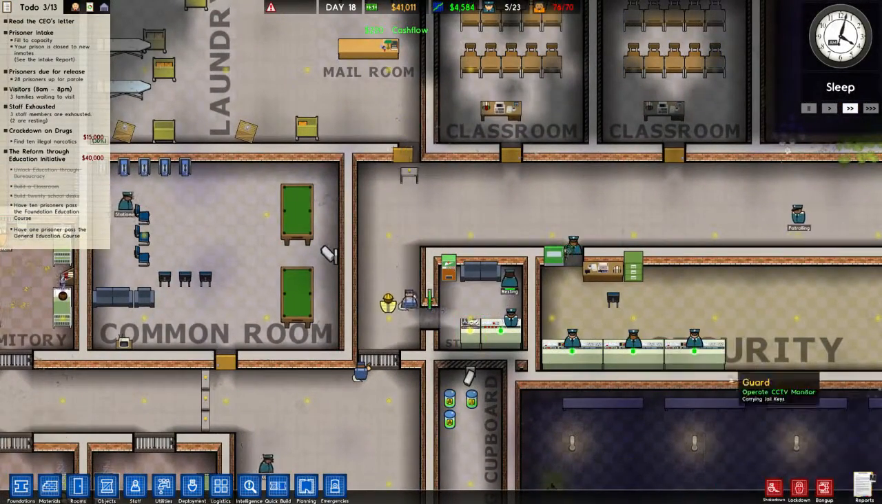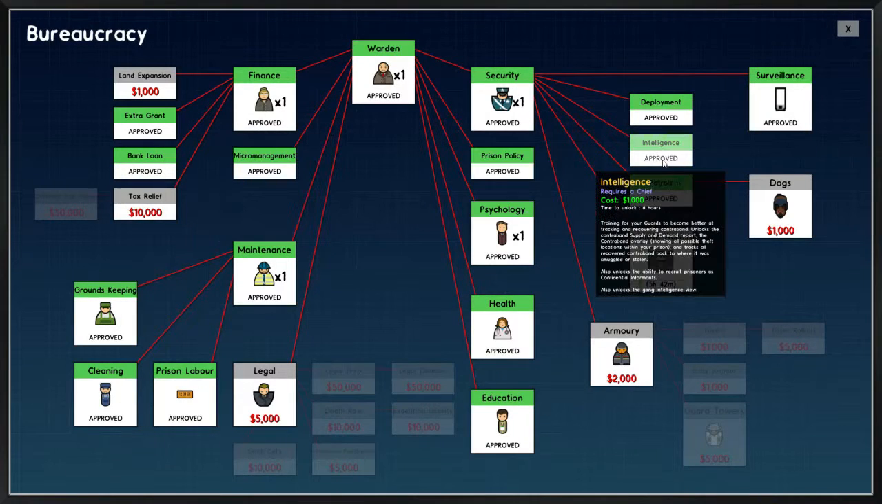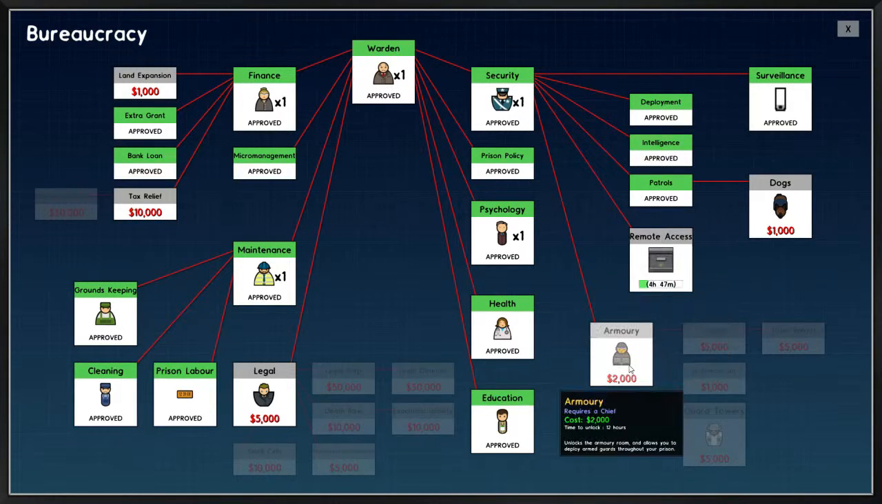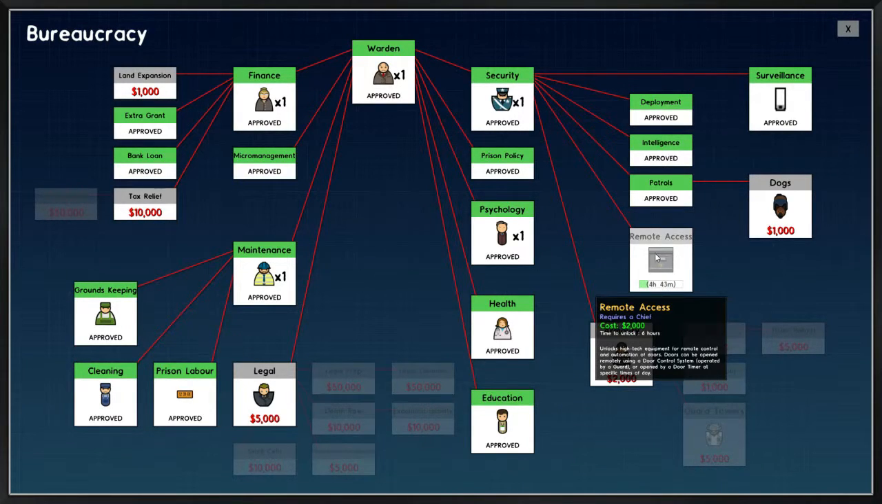And as you can see, not in there, in here, I was just doing the intelligence one, which gives the guards, what does it say? Training for your guards to become better at tracking and recovering contraband. Unlocks a contraband supply and demand report. Contraband overlay showing all possible theft locations in the prison and tracks all recovered contraband back to where it was smuggled or stolen. Also unlocks the ability to recruit prisoners as confidential informants. There you go. So what I've just asked it to do is the remote access stuff,